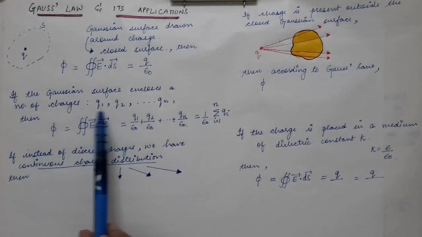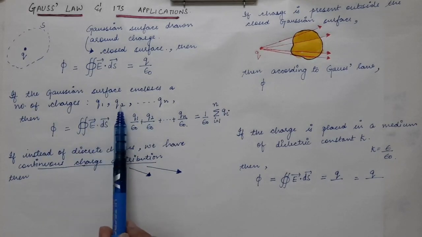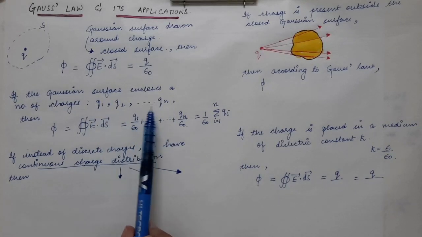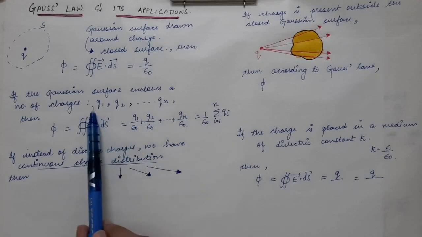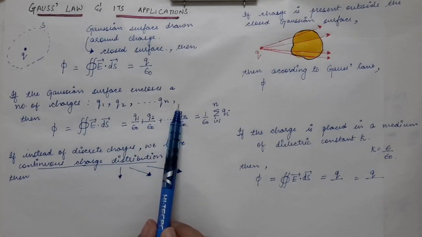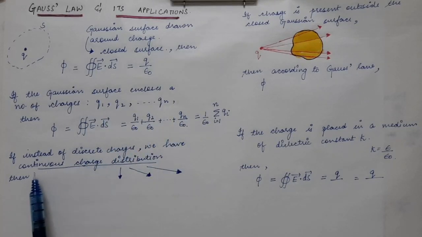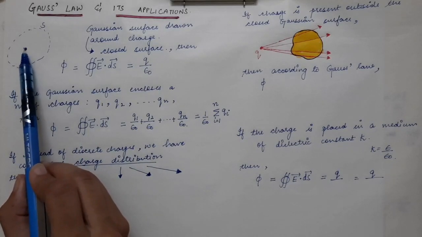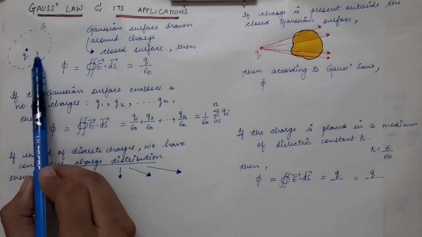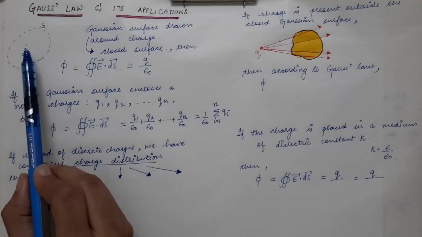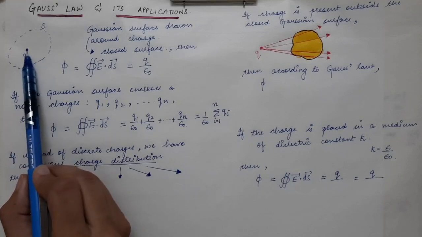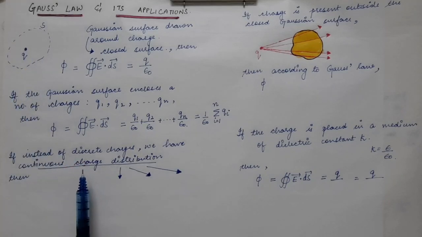Now the case that we had done was for a discrete number of charges. So we have q1, q2, q3, q4 and so on. Those are the discrete charges. But what if we have a continuous charge distribution? Instead of discrete charges, let's say you have a volume which encloses a charge. If you have a charge which is present in a volume, that will be a volume charge distribution.